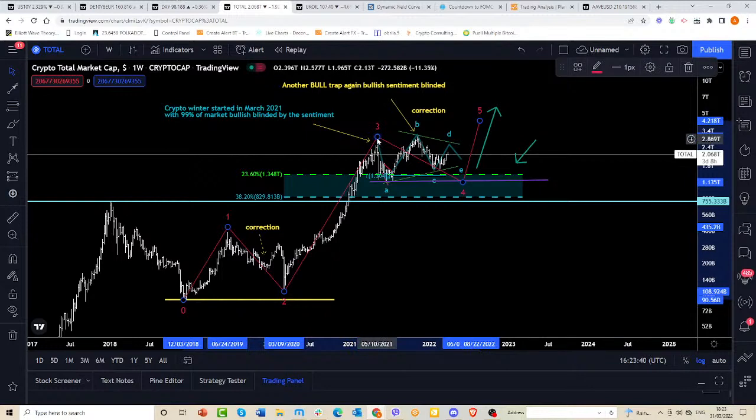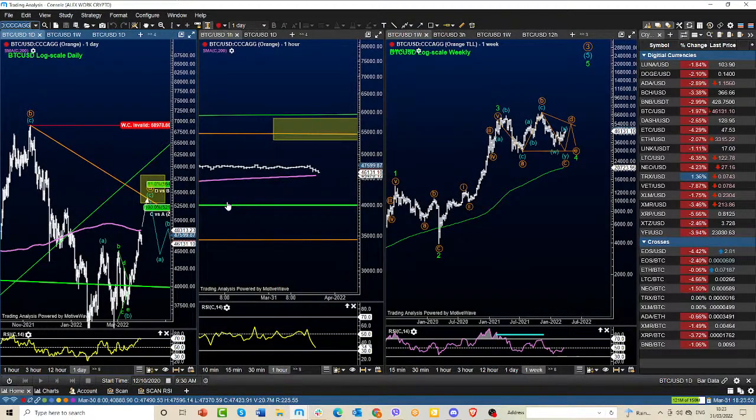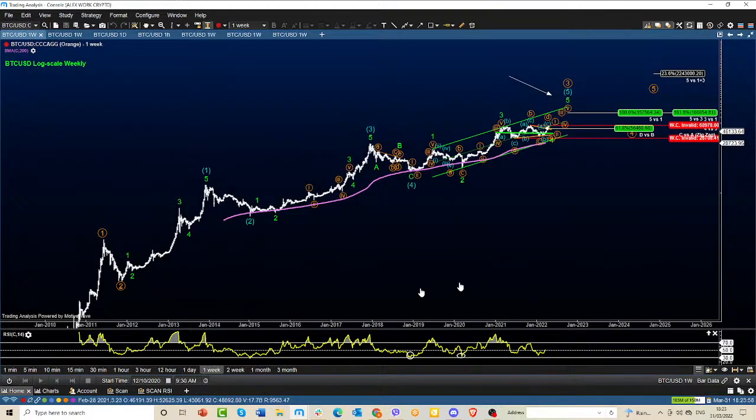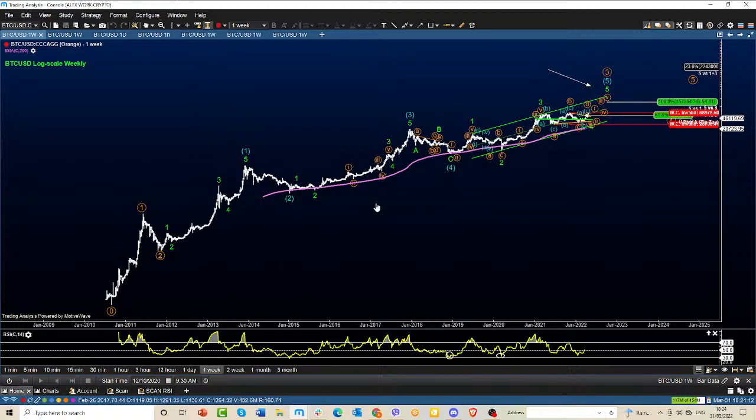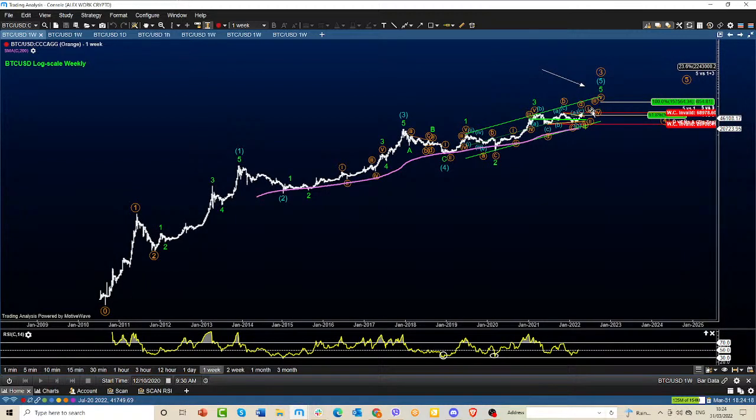This chart also goes very well with the Bitcoin chart, as you know, because Bitcoin is still a leader in the crypto space. So I'm going to show you the higher time frame chart that we are looking at in Bitcoin. In general, this is the chart from 2010. I have to squeeze it a little bit because this is a weekly chart, but it doesn't have much space, so you can see it with all bits and pieces. I will just show you and explain the reason behind it, and then I will go into small details.